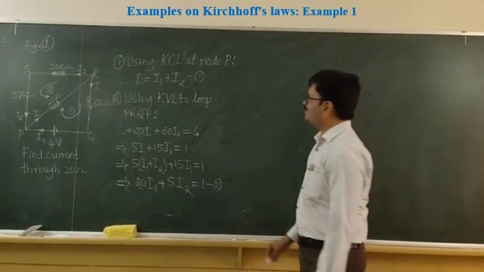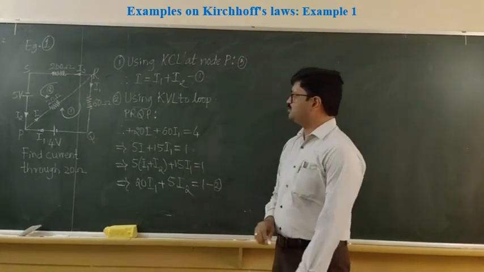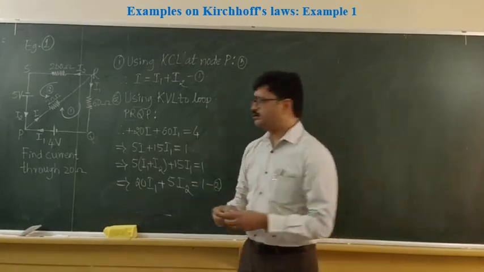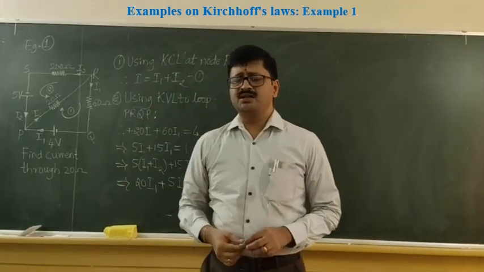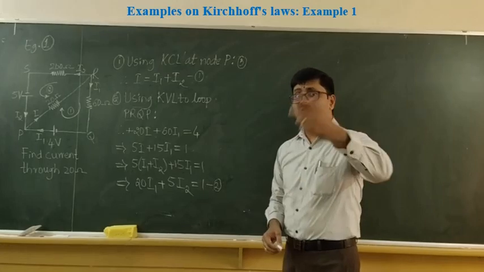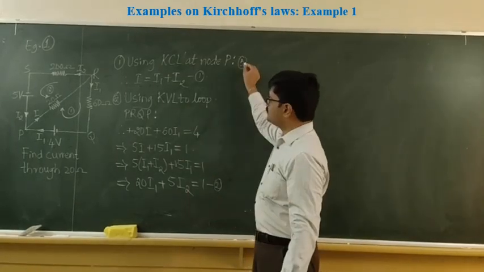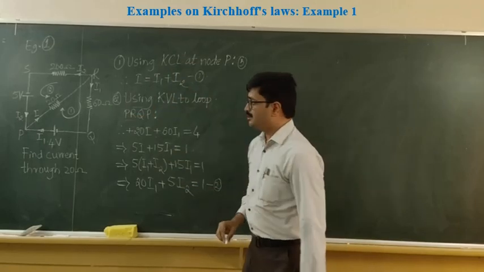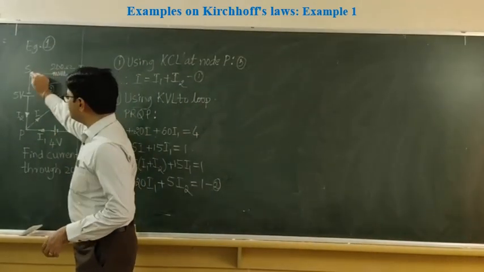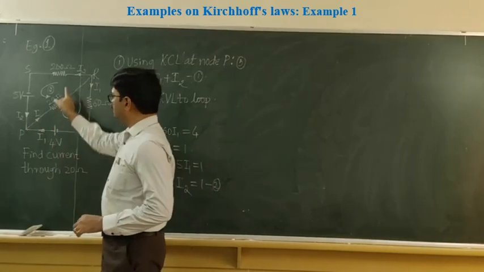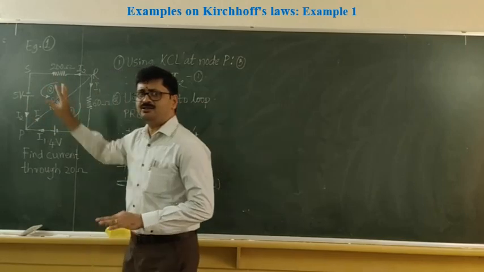Right? Okay. Now let's move on to the third step. I use KVL once again because there are two unknowns here, no? I1 and I2 are the two unknowns. That is why I require two linear equations. So in order to get one more linear equation, I will use one more loop here. Okay. So that loop I will be following like this. PRST is the loop that I am following. As you can notice, I have marked it here. So this is the PRST direction.